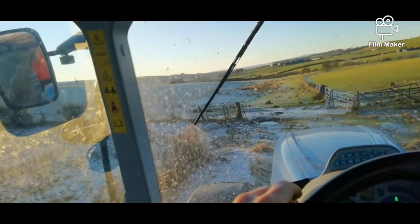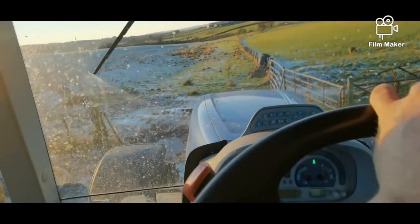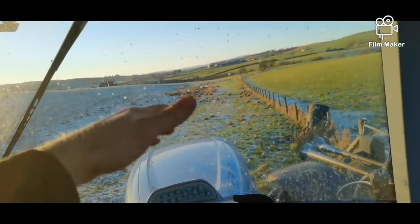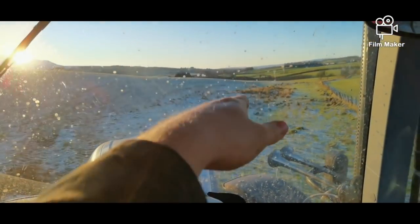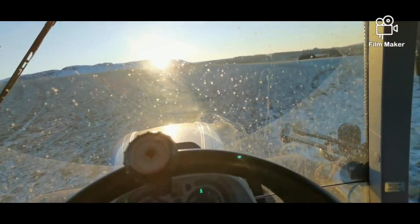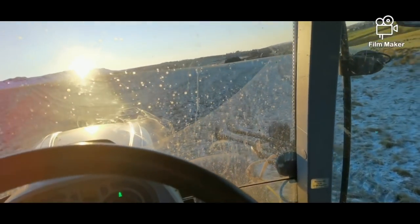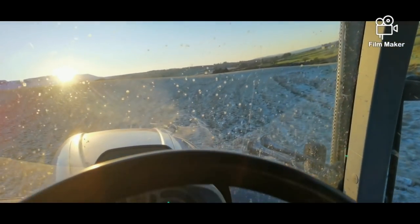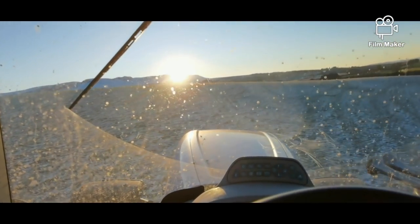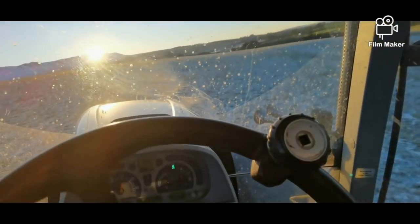My first load I tried to go up there on the left. The tractor started digging, and we got there eventually, but you don't really want to be doing that. The second load I went kind of diagonal across there, and the tanker started sliding to the side, so I don't really want that because it'll leave ruts. So I'm going to go diagonally up here and then drive down the side and spread along the bottom, and hopefully